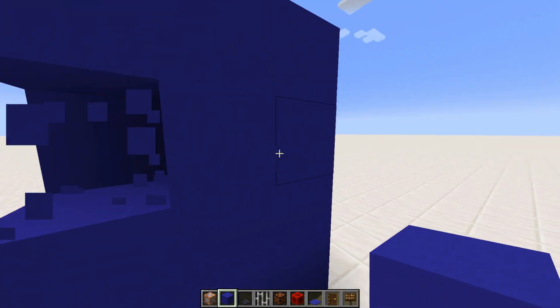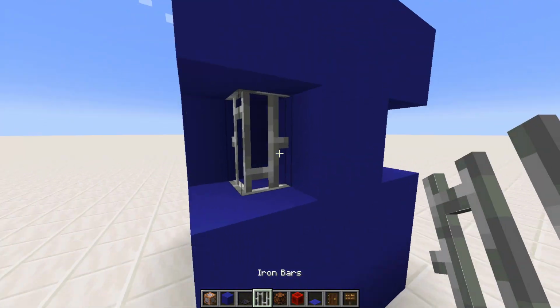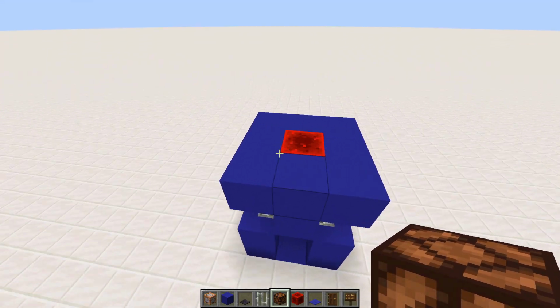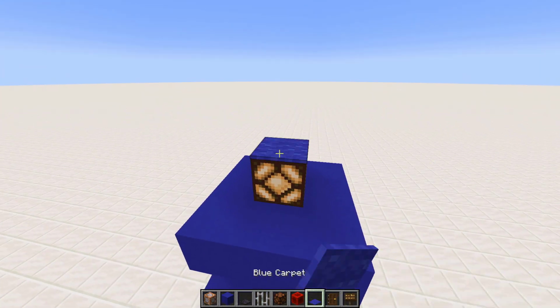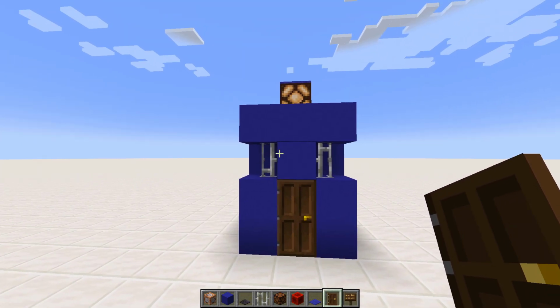Then we're going to punch 1, 2, 3, 4 holes like that, and we're going to place an iron bar in each of these. Then we're going to go to the top and place another redstone lamp, this time with some blue carpet on top. Next up, we're just going to place a dark oak door, and now we're going to need to do the